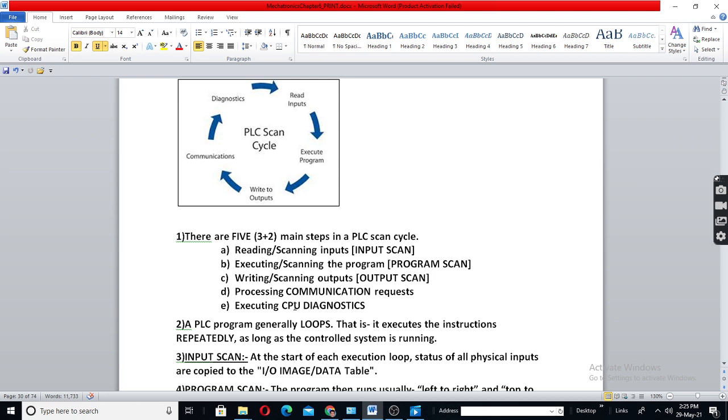And also diagnostics. You also have to check whether the door of the car is perfectly closed or not.